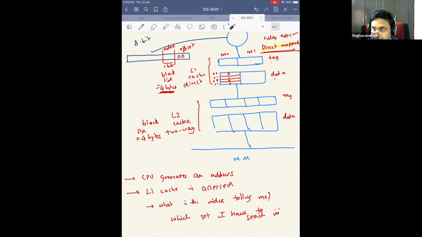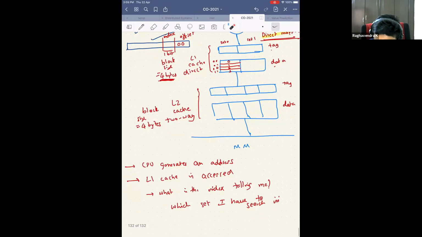The thing I have to ask is which set I have to search in. So to find the number of bits in the index, I have to ask how many sets are there in the cache.